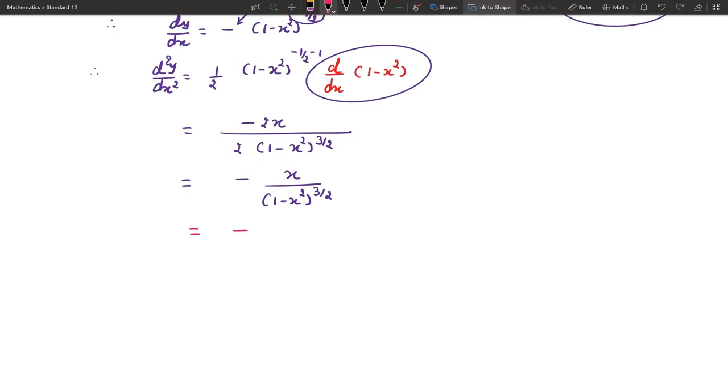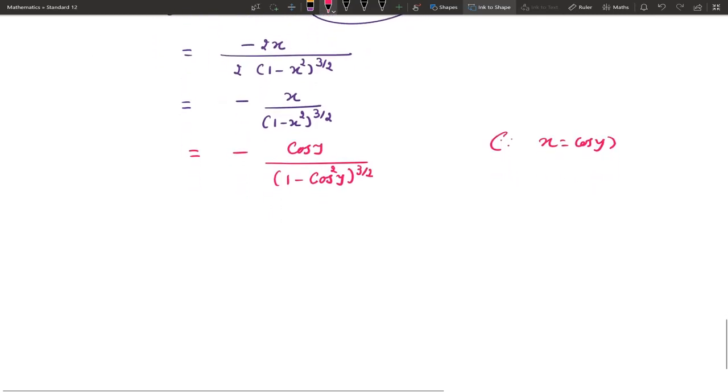Then x square is cos square y. So now the answer is minus x upon 1 minus cos square, so it is sin square y raised to 3 by 2,